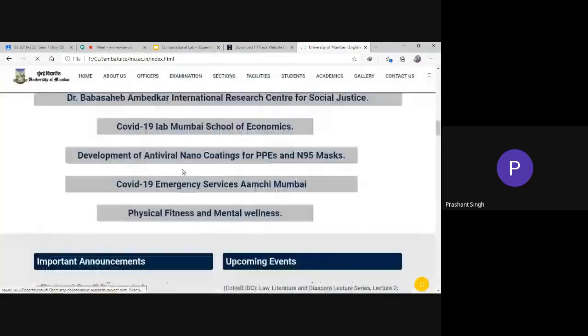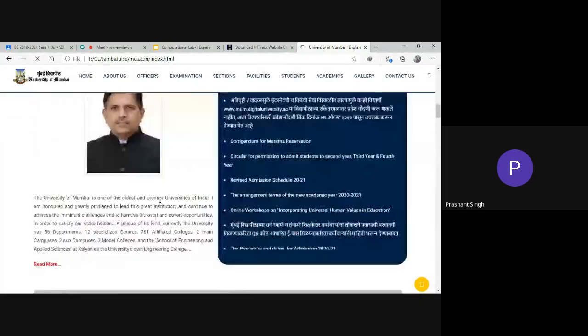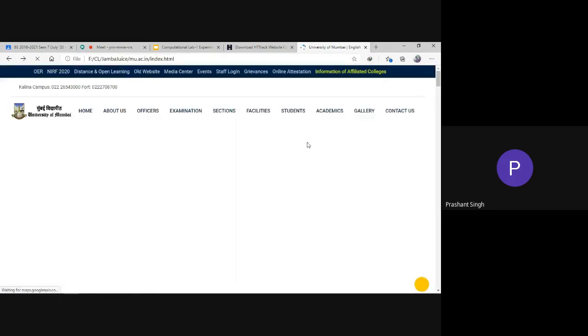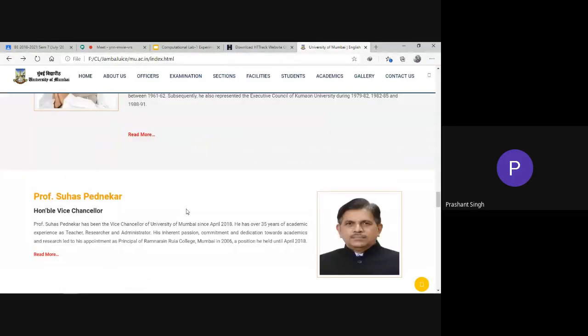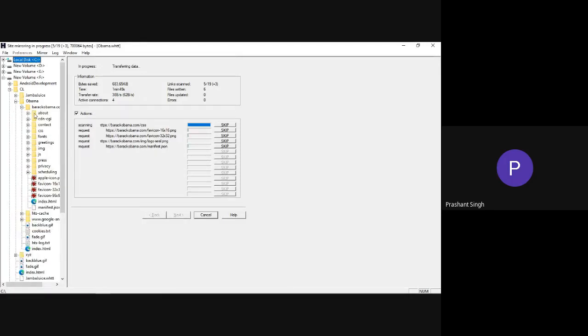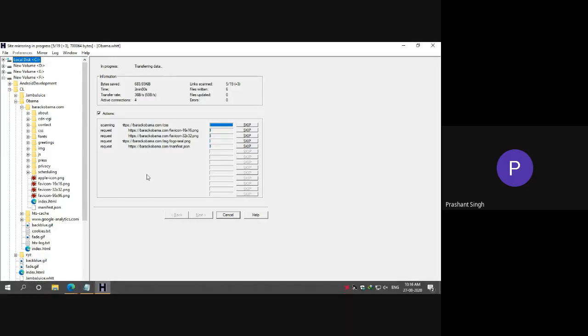It's a big website, but you can see it as if you are browsing it online. There are links I haven't downloaded, and many pages I haven't downloaded. But you can see this is an offline website, but it looks like online. And you can also browse the local files that have been downloaded. Here are the files on the side, all the files, images, and things like that.